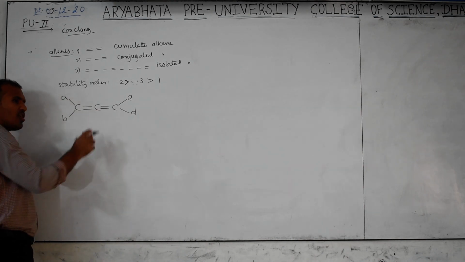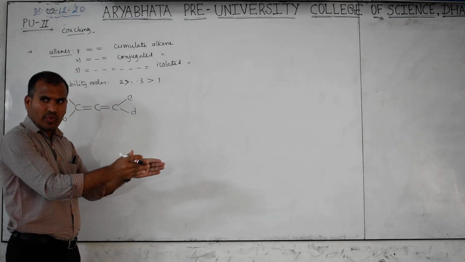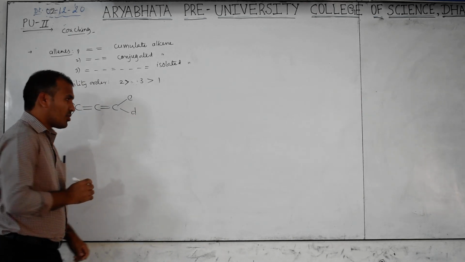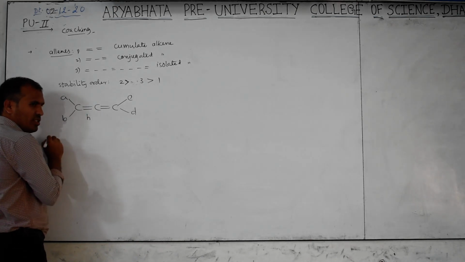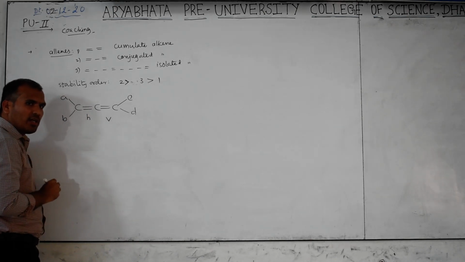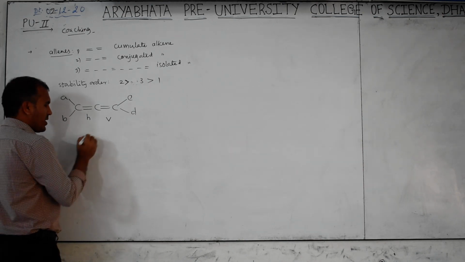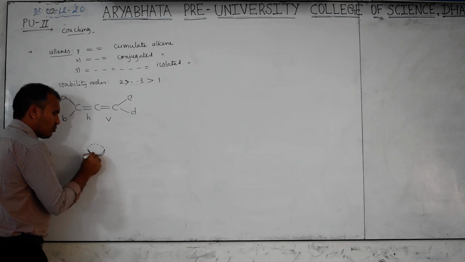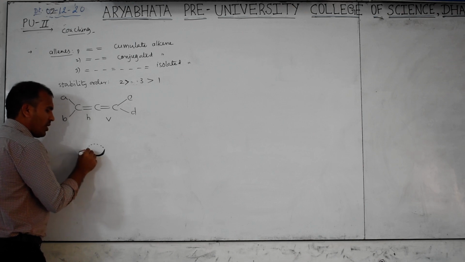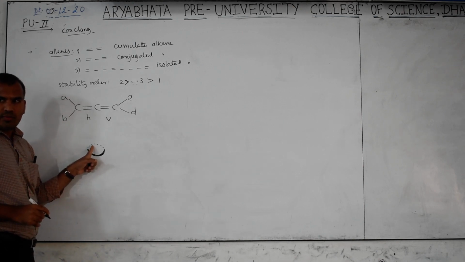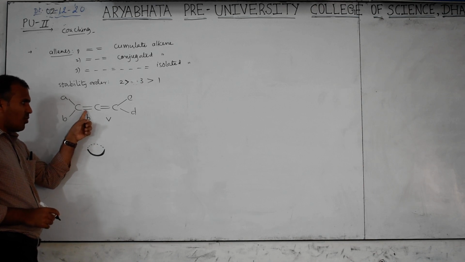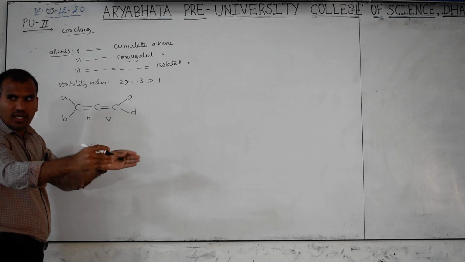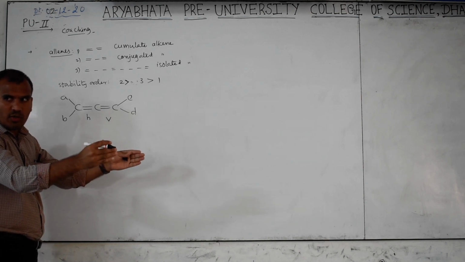But you should know that this double bond is horizontal. Is the next double bond also horizontal or vertical? Vertical. So if one is horizontal, then automatically the other is vertical. Therefore, I want to represent this, carefully observe, for your understanding. This is called front, this is away from the observer, this is near to the observer. The first bond is near to the observer, the next bond is like this. This is near to the observer, this is away from the observer. This is the horizontal double bond.